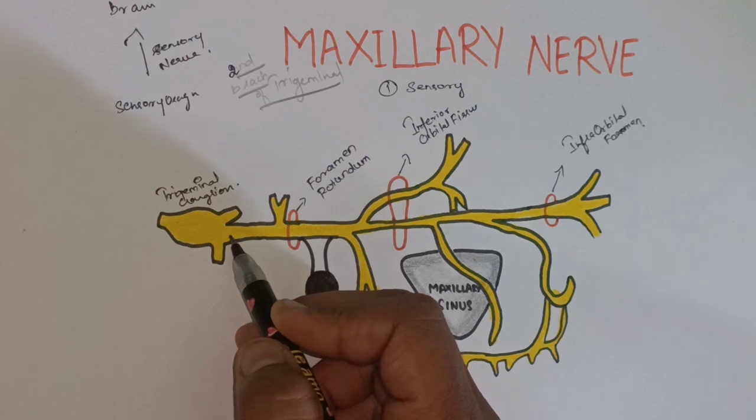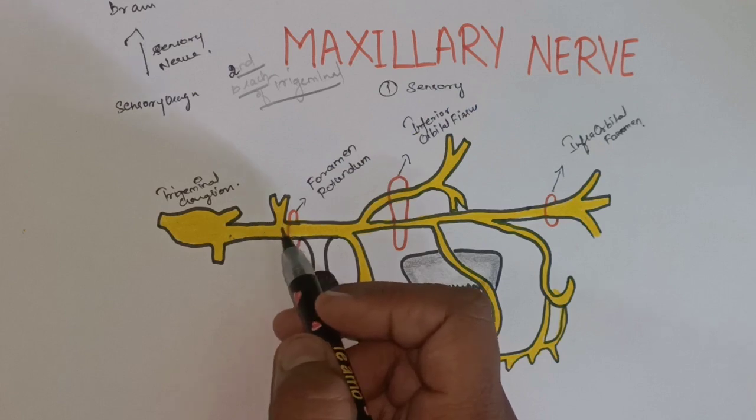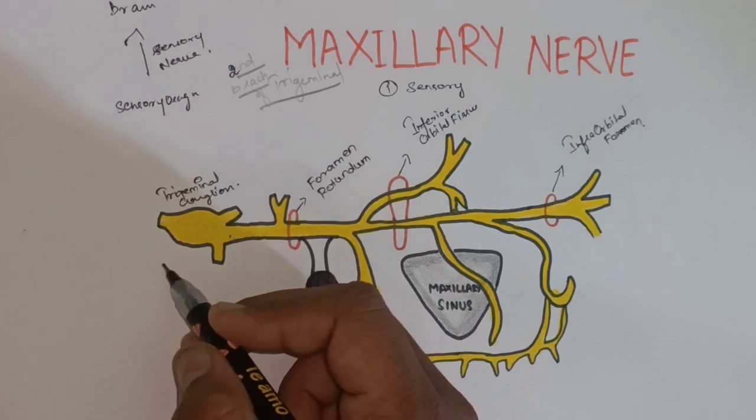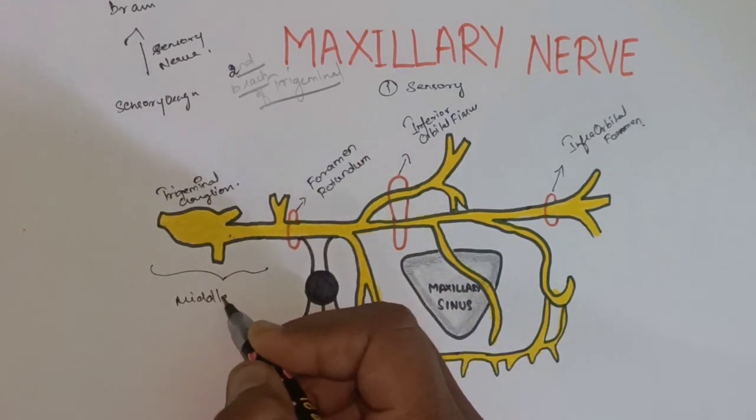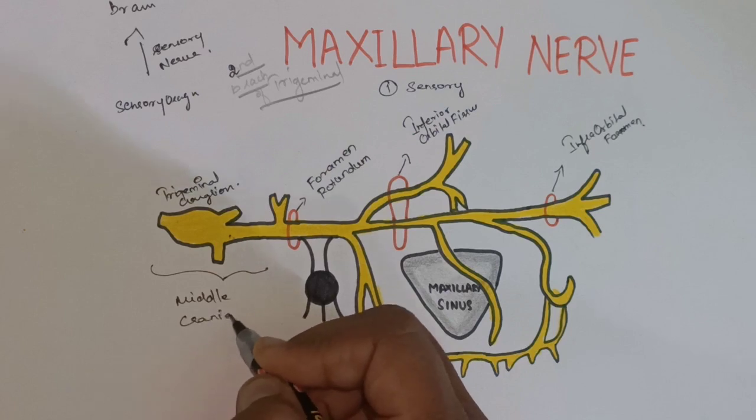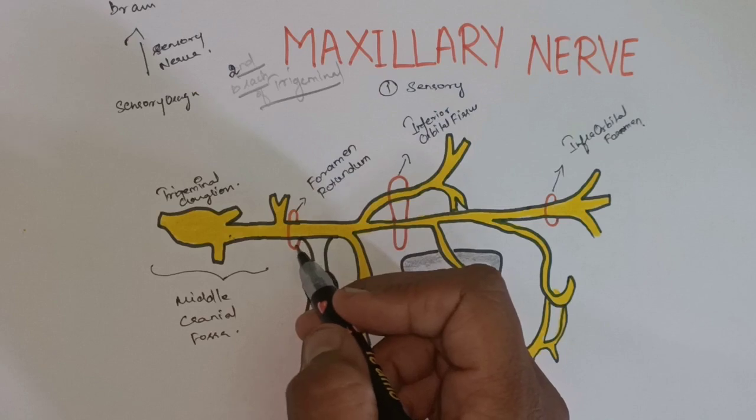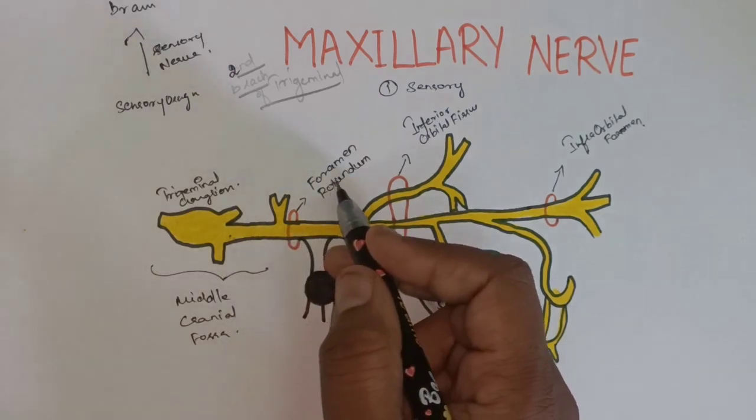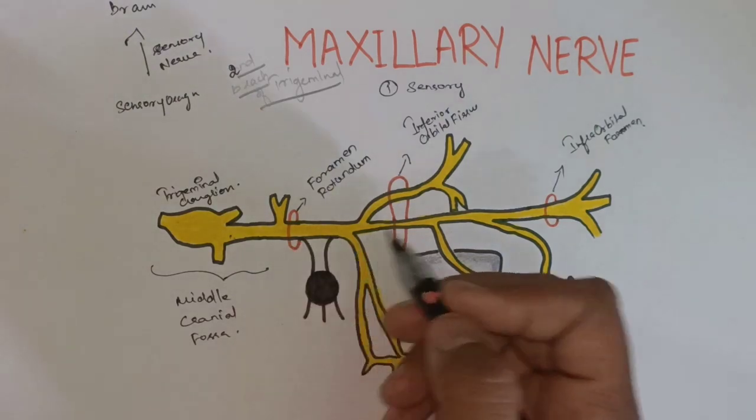This maxillary nerve arises from the trigeminal ganglion and pierces the trigeminal cave of dura to reach the lower part of the lateral wall of the cavernous sinus. This is your middle cranial fossa. This happens within your middle cranial fossa. So it leaves the middle cranial fossa through the foramen rotundum and reaches the